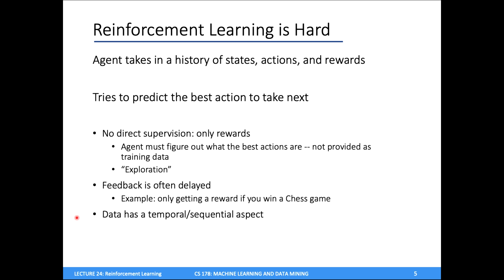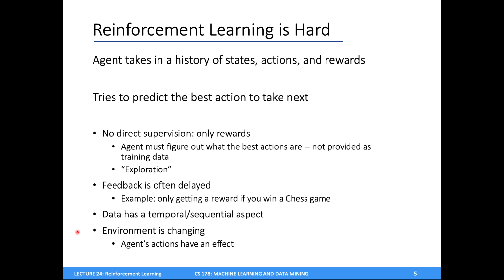In reinforcement learning, our data often also has a temporal or sequential aspect. In contrast to, say, supervised or unsupervised learning, where we have just a big box of data from the outset and we can build an algorithm based on that, our agent is really interacting with some environment over time. So our data isn't just given to us up front. We really have limited data and we need to spend time collecting that. So we'll need techniques that are able to handle this sequential aspect.